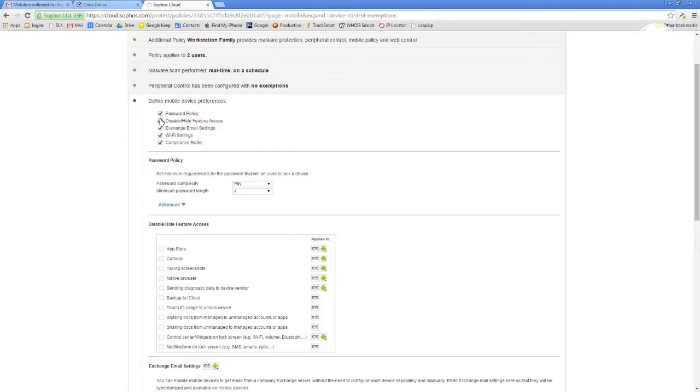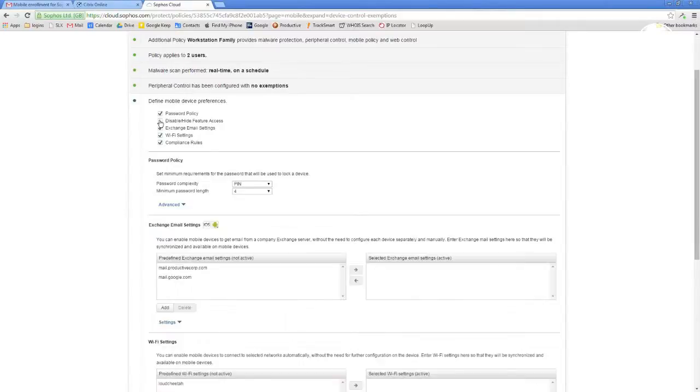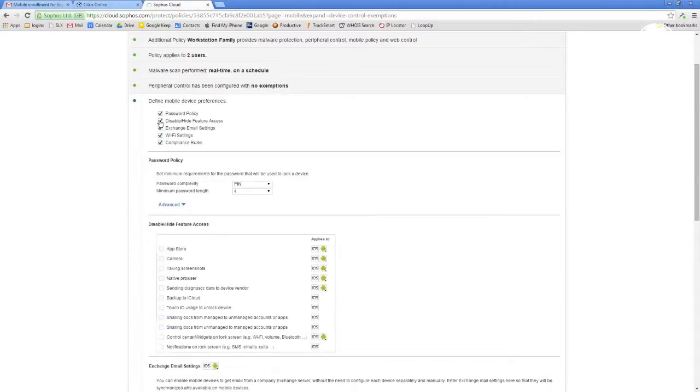And so if I don't, and again, I can have multiple policies here. So maybe I've got some corporate-owned phones for some of the folks that are road warriors, and then everybody else has their own personal phone, and I might want to treat those a little bit differently. So I got a bunch of different things that I can do here. You can see you got a bunch of different options on setting that password or that PIN, so you can make it as secure or as easy as you want it to be.